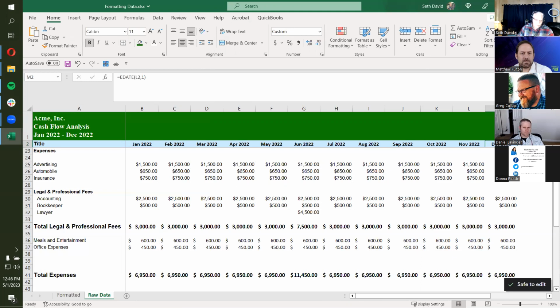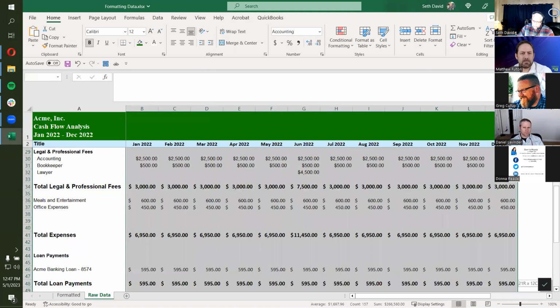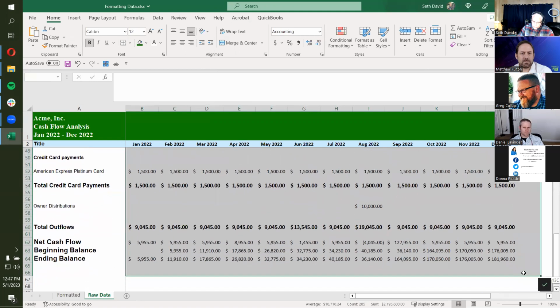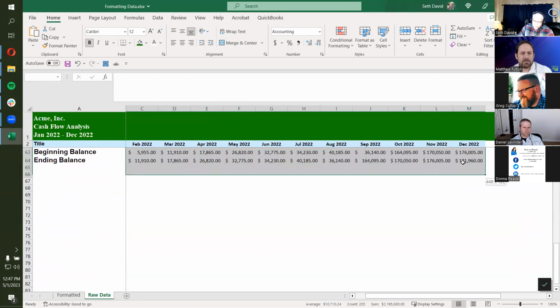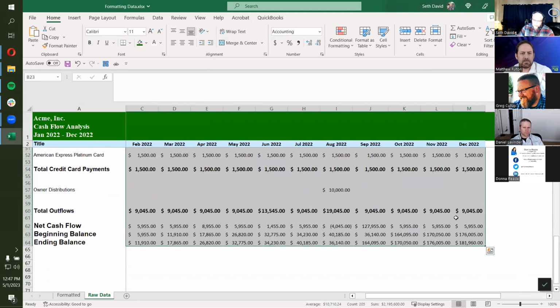Okay, and then the totals I kind of left formatted because I'm sure you all know how to apply bold formatting to something, right? The other thing we may want to do that I do is the grid lines. So let's come down and let's just select all this data. And I'll show you how I do the grid lines real quick. It's these subtle little things that make it so much more pleasant to look at.